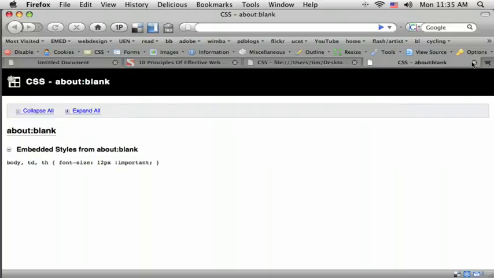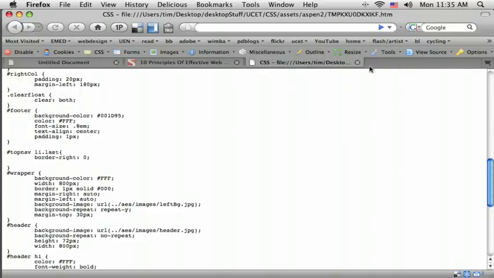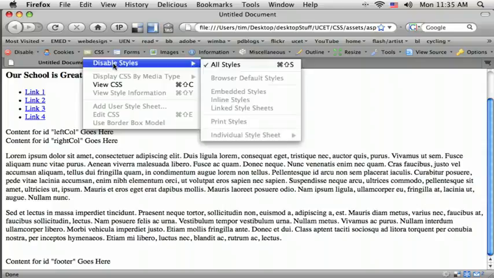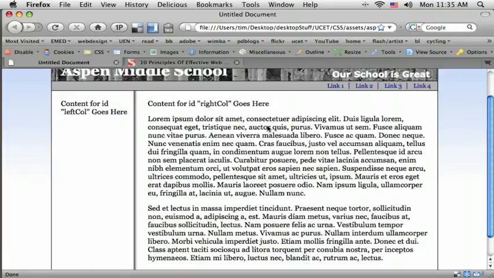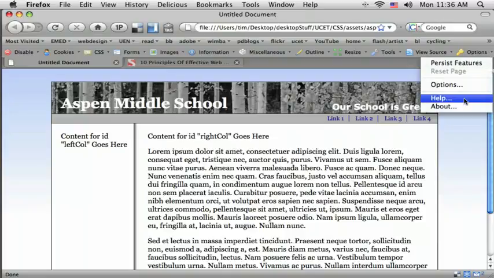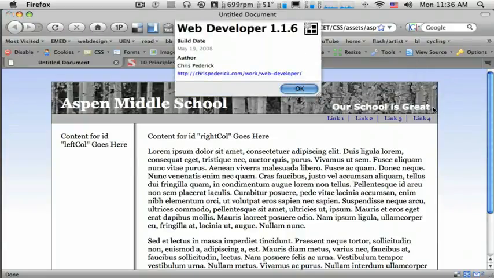Let me just back it up here. This little toolbar that I'm using here to turn the styles on and off is a little add-in to Firefox, a little web design add-in that lets me turn on and off the style sheets. And I'm just going to pull this up so you can see. This add-in is called the Web Developer